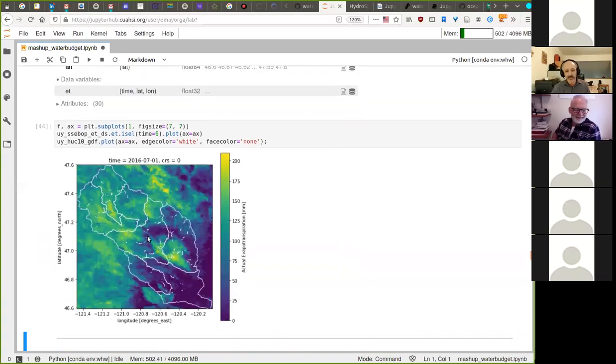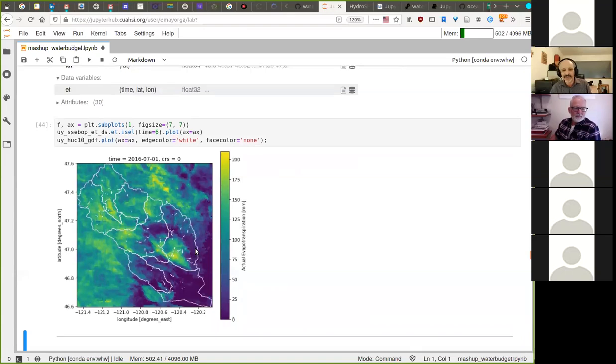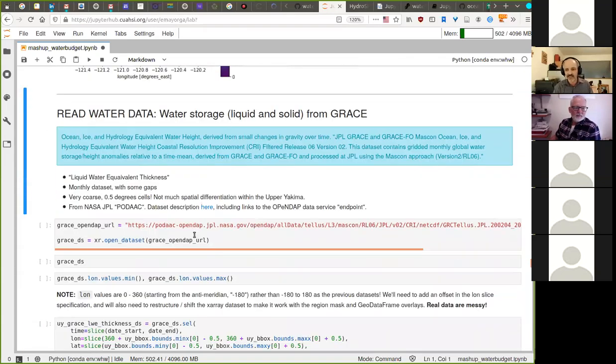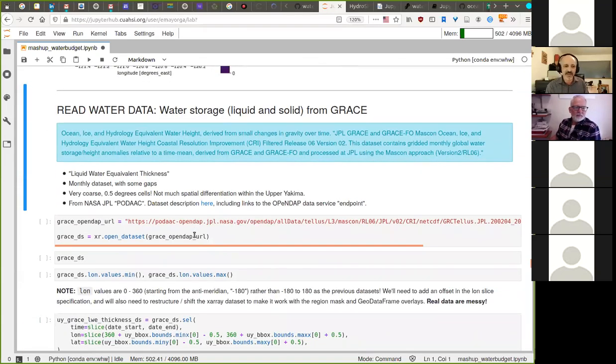So this is the MODIS-derived, remote sensing derived, same thing we had before, except for evapotranspiration. The other data was daily, this is monthly. So we're getting there. The next data set, and I'll stop after doing the processing of this one, is what's